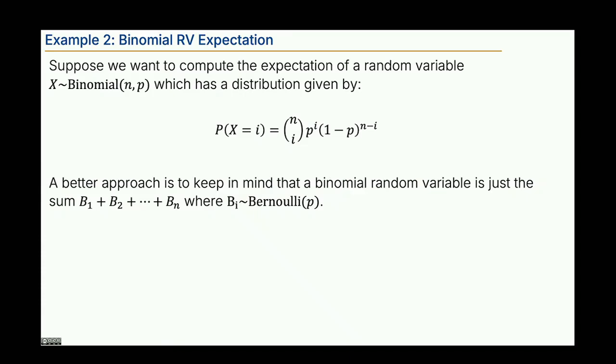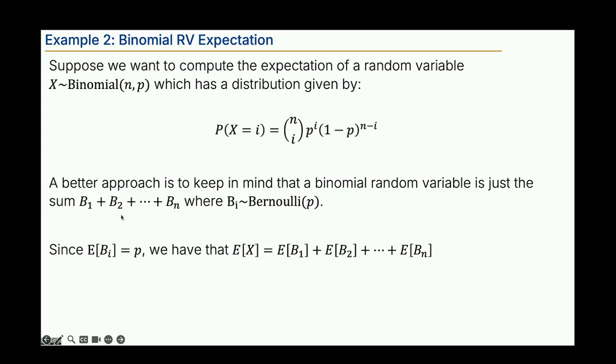So what we can do instead is just say, well, what is a binomial? It's just the sum of Bernoullis. It's the sum of coin flips, right? Like, I flip 8 coins. That's a binomial with n equals 8 with that same p. It's the same exact thing. If that is the case, then we just need to know the expectation of a Bernoulli, and the expectation of a Bernoulli is just p, which we showed in the previous lecture. So the expectation of X, if it's the sum of all these different Bernoullis, is going to be the sum of the expectations of n Bernoullis, which is just np,